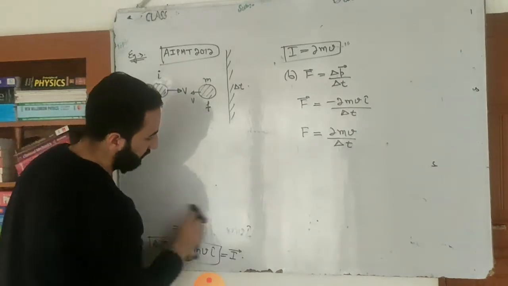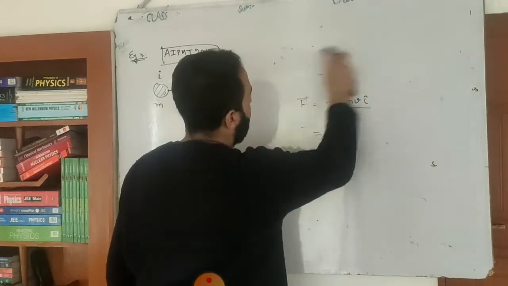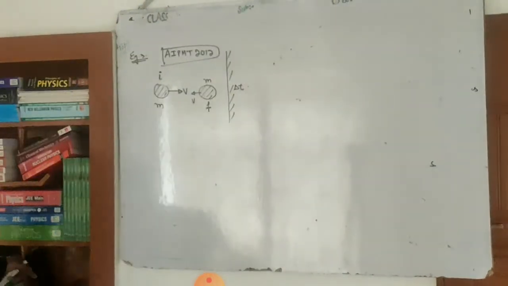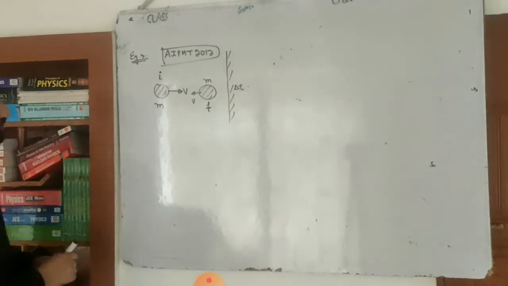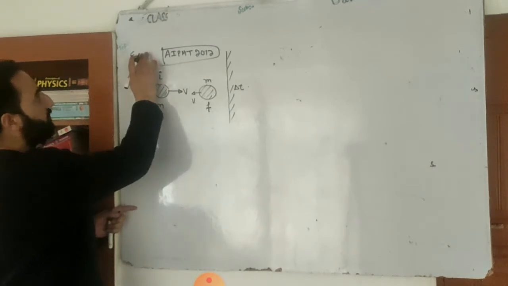Now look. Again a similar example. Okay. Suppose that there is a ball of mass m. It is going with the velocity v. Then it collides with the wall. But it is given to you this time that the ball. Here I will write ball. This is example number 4.